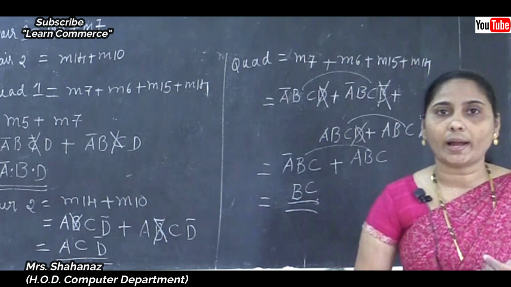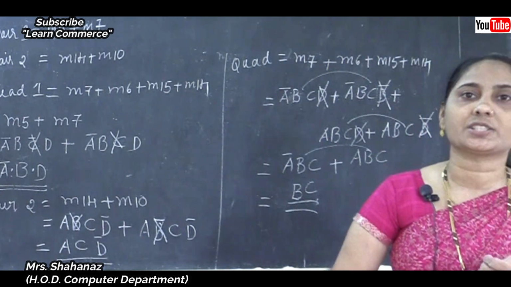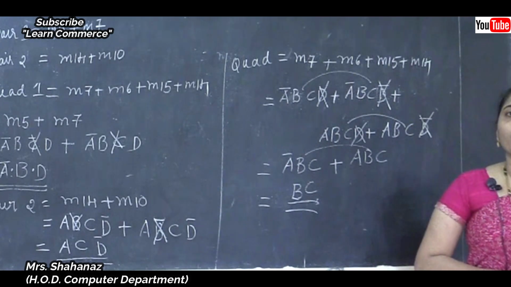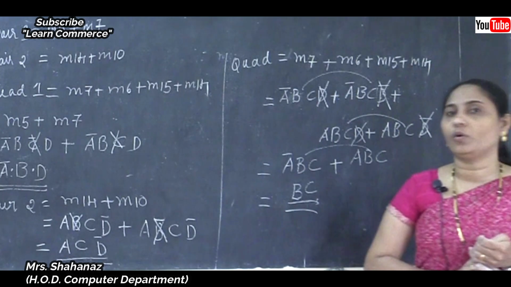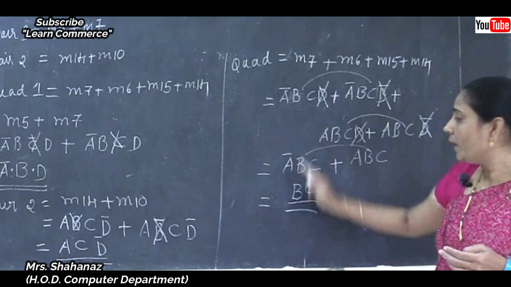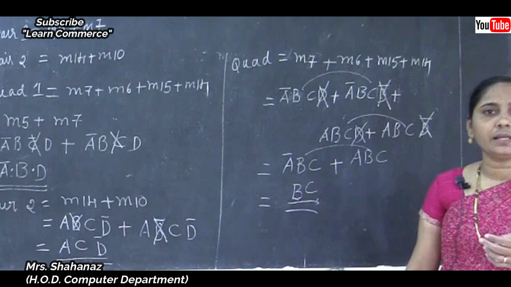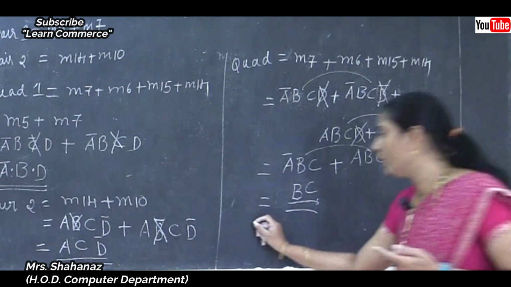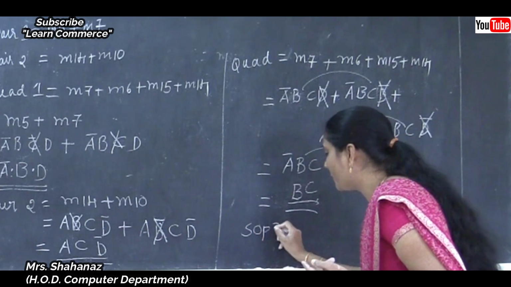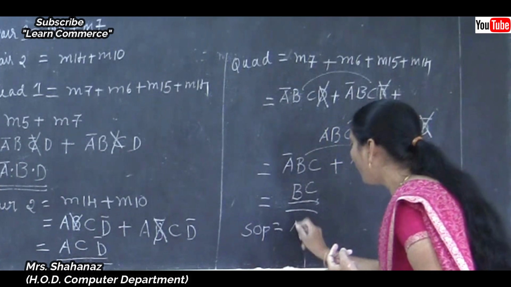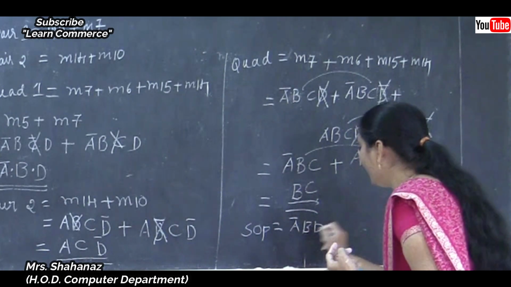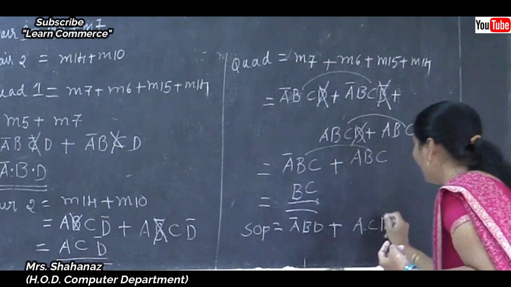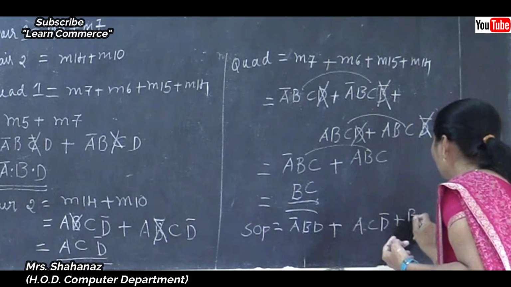We know that a quad removes the variables which change their state, from complemented to uncomplemented, and a quad removes 2 variables only. The first has 4 variables, but later we get the answer in 2 only. So the quad removes 2 variables only. So the final SOP expression is pair 1 complement A, B, D plus pair 2 A and C and complement D and the next one is B C.